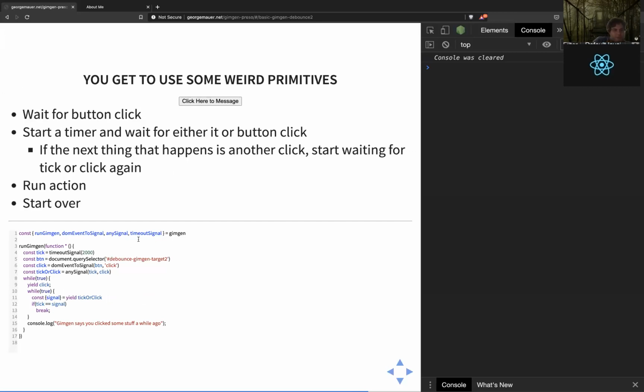So is this the same thing? I think this is the same thing. 1, 2, 3. Yeah, but it's just rewritten a different way. So instead of that weird while thing, you can do a while true inside of a while true, which makes sense because you have this statement, this thing that you're watching the button for, which is anytime this happens. But then within it, you have another state machine that's basically saying, okay, once I have been clicked once, as long as the next thing that's happening is still a click, I'm going to just stay in that state machine. So that's really interesting. You don't get to use break very often, right?